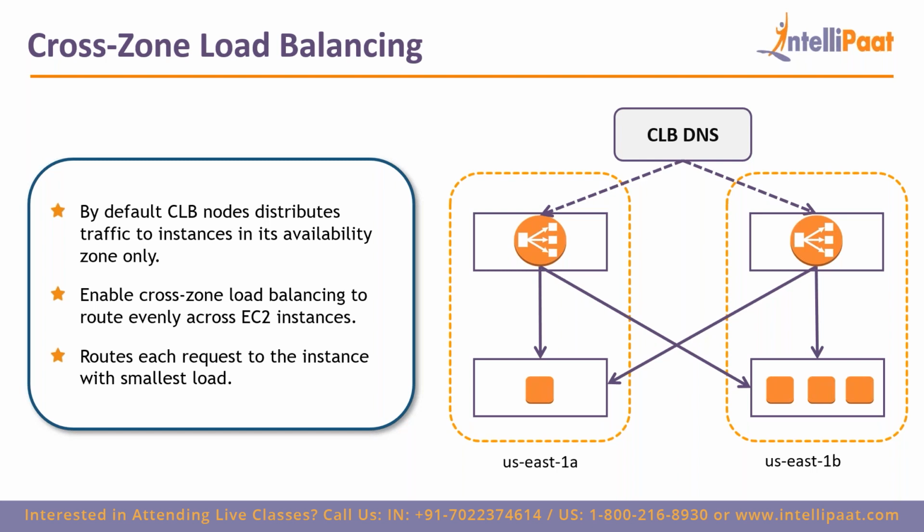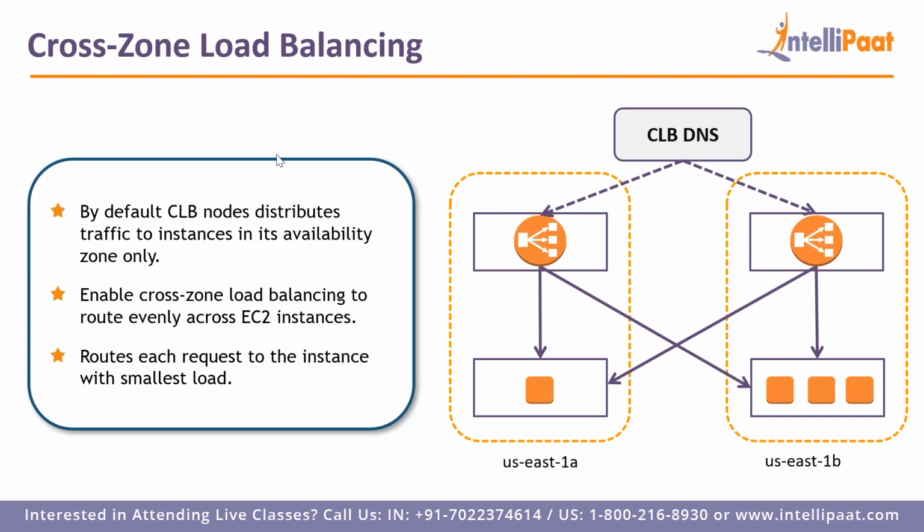So let's say in the availability zone A, you have a load balancer and you have instances in availability zone A and availability zone B as well. You can use the load balancer in availability zone A to redirect traffic to the servers in the availability zone A as well as B. So it automatically happens. You don't need to mention anything. While creating the load balancer, you have to just enable cross zone load balancing.